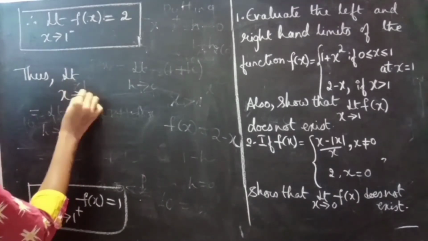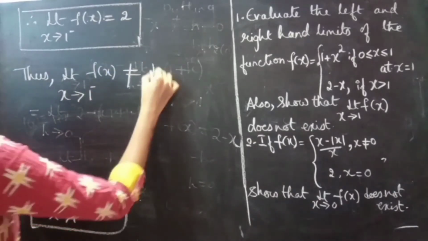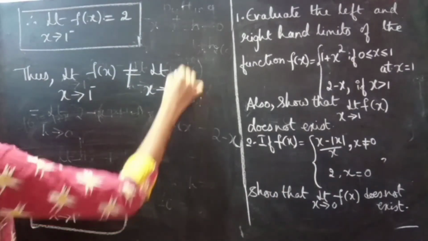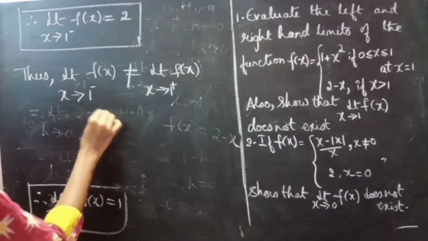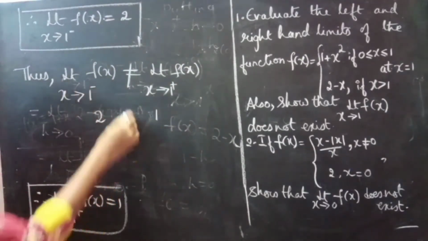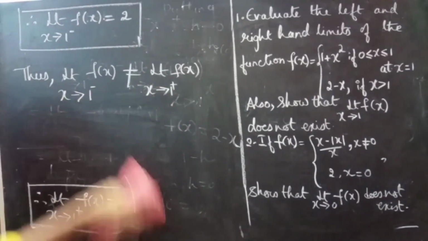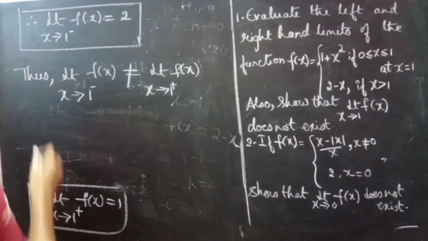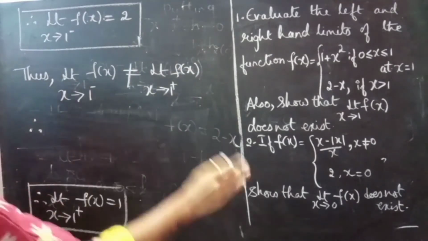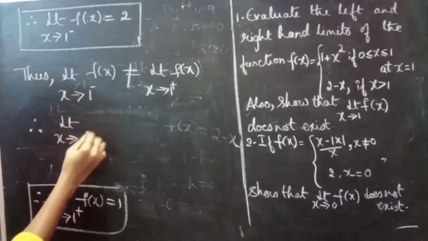Thus, limit x tends to 1 minus f of x is not equal to limit x tends to 1 plus f of x, because you have the value of left hand limit 2 and right hand limit 1. 2 is not equal to 1. Okay. So from this we can say that